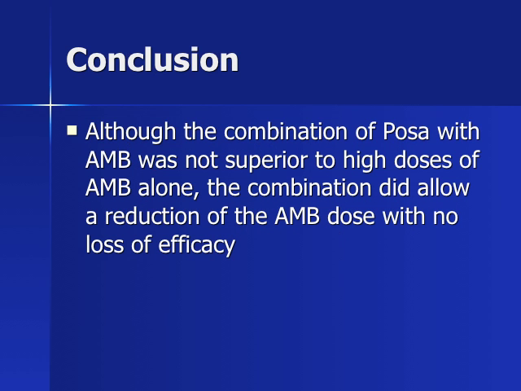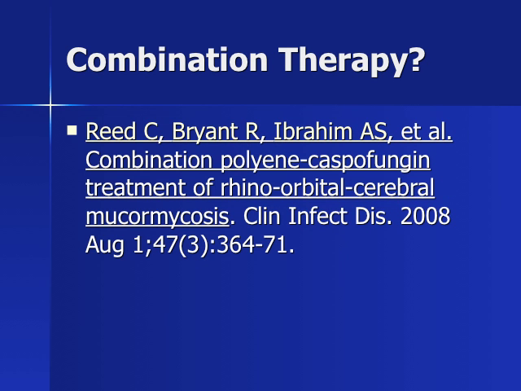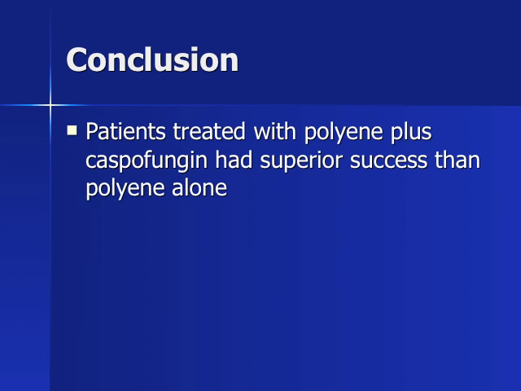So the conclusion, according to that paper, was that the combination of posaconazole with amphotericin was not superior to high doses of amphotericin alone, but at least the combination did allow the reduction of the dose of amphotericin with no loss of efficacy. More papers, polyene and caspofungin for zygomycosis. Again,